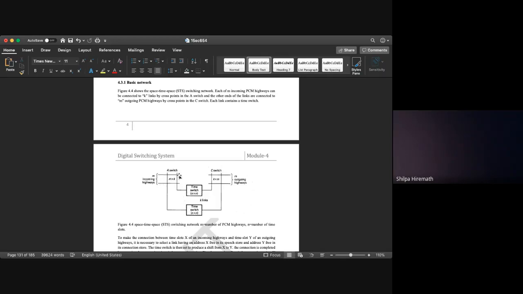So you will have a total cross point of M cross K. Yes, so these are the total number of cross points in A switch, wherein this entire A switch is nothing but a space switch. And here whatever you are having is a time switch. And similarly across the C switch, you are having K links connected to M outgoing lines. So there are K cross M cross points.